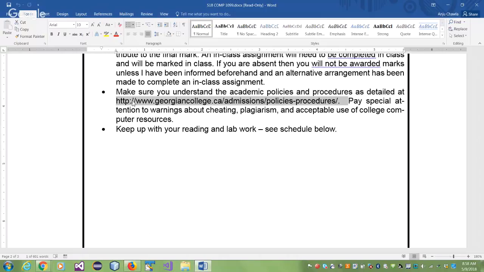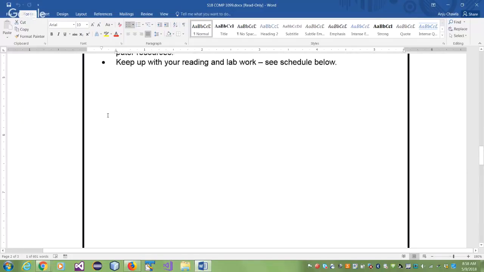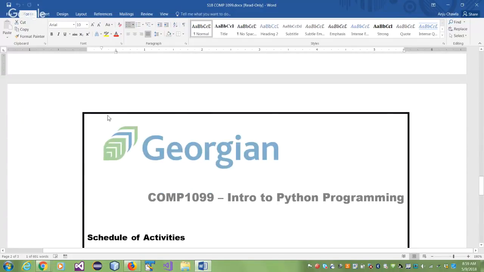Please don't share your passwords of your Blackboard or anything with your friends. Change your passwords if you haven't from your regular one, your birth date or whatever. Hopefully you have. You're in semester 2 now. You are responsible to take care of your work. You just can't say, oh, he's my friend, he had my password and he took it. Nope. You will be blamed too, right? So it's up to you. Keep up to your reading. The more you read, the more lab work you do, you will find the course really easy.